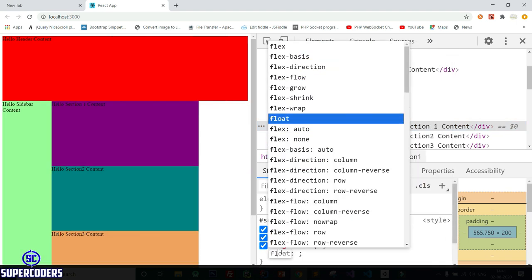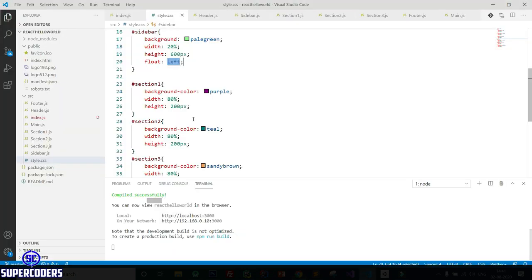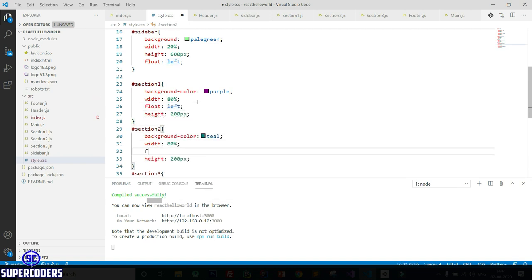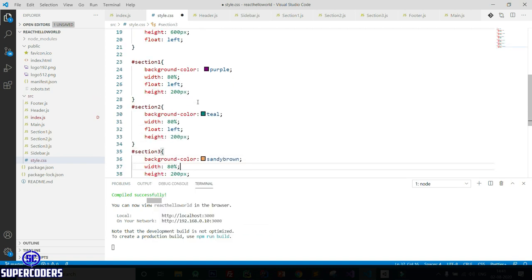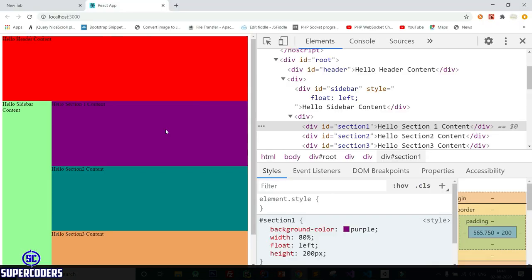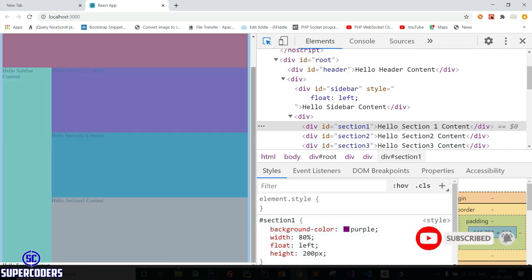Float left, float left, float left, and you can see everything is working, only the footer is missing.